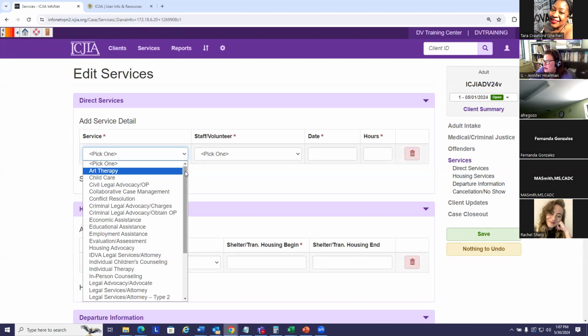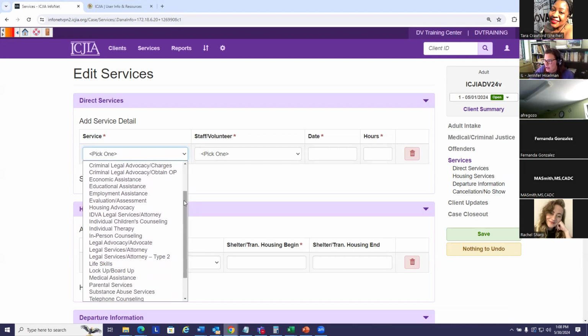Another point is every survivor that you serve should have at least one service on their first contact date. This person's first contact date I entered as May 1st. So you want to make sure you have some service. If you had contact with them on that date, you must have provided some service. And also note that the process of collecting intake data from the survivor is a form of in-person counseling. It may also be a form of telephone counseling if you've done this over the phone. So you want to make sure you have a service on the first contact date,